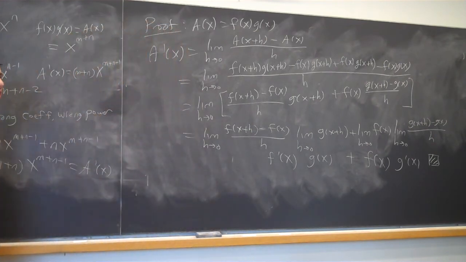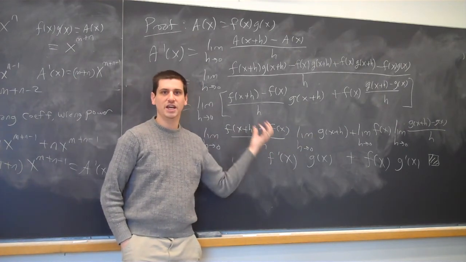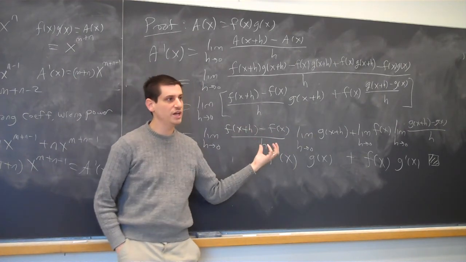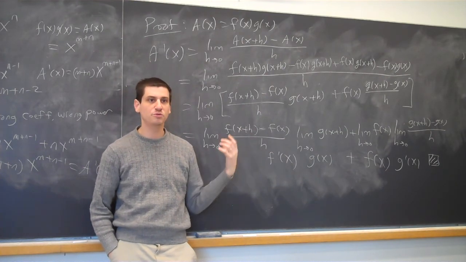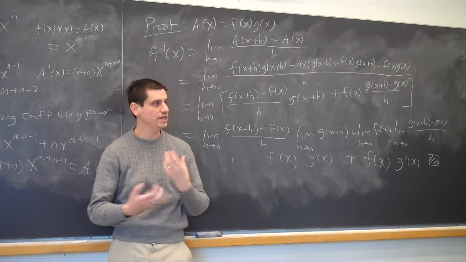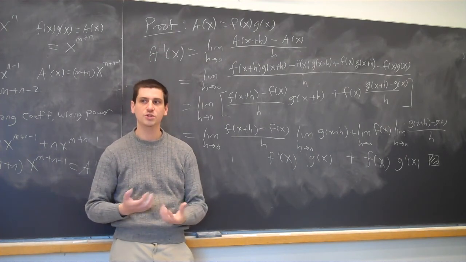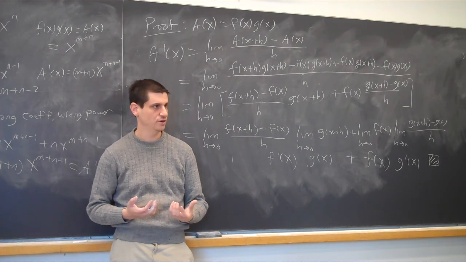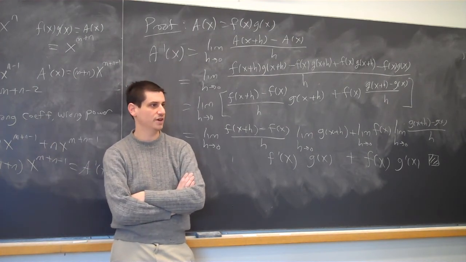We're about 20 seconds ahead of 10 a.m. I can pontificate a little bit longer. Not only have you seen a proof of the product rule today, but hopefully you've seen why we prove it this way and where it comes from. That the product rule is not so mysterious. You can get an intuition by looking at some special cases and then trying to see what those special cases teach us.